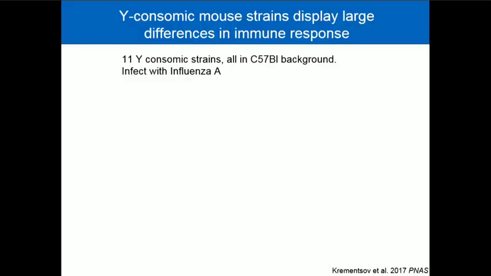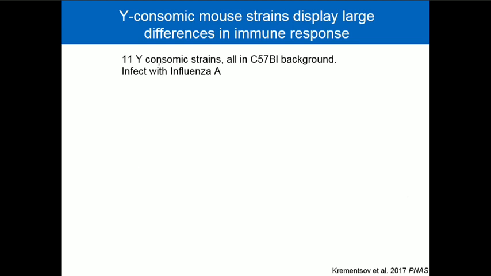And there was a very nice paper just published in PNAS earlier this year by Krementsov and colleagues. And Joseph Nadeau years ago made a series of mice called consomic mice. Those had a single chromosome replaced. And one of them was the Y chromosome. So he actually made the same thing that we did with fly, the Y replacement lines. He made Y replacement mice.